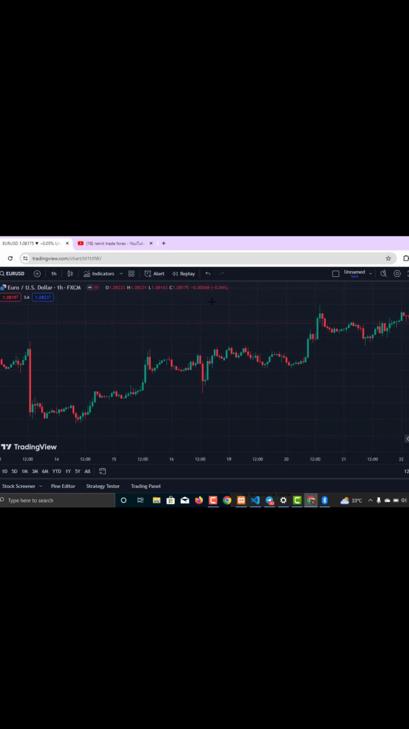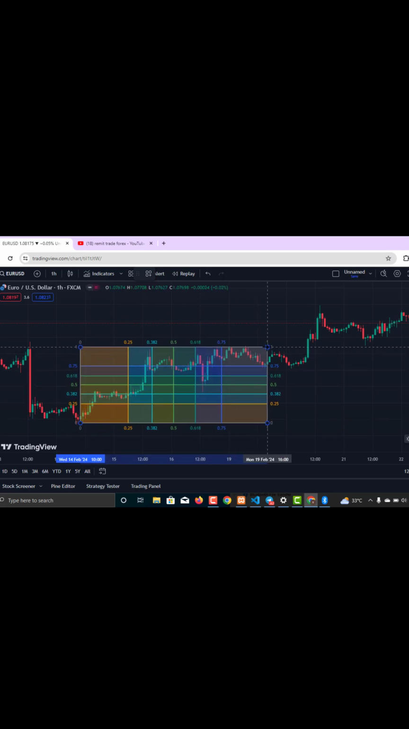All you need to do is to take your gun box to right here. So, and I will draw from the very low to the high, that is this very length of impulse, from this very point to this very area. So this gives me the maximum length. So when market retraces, I want to see the market enter this level of 0.5 and